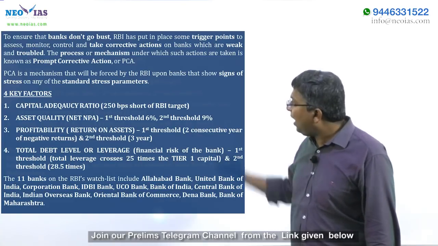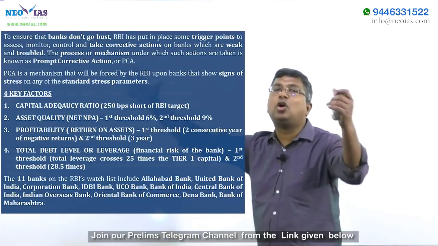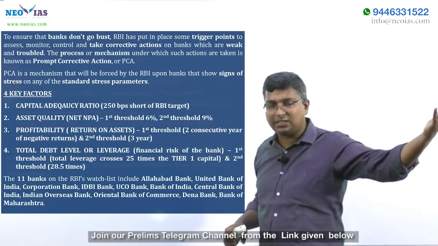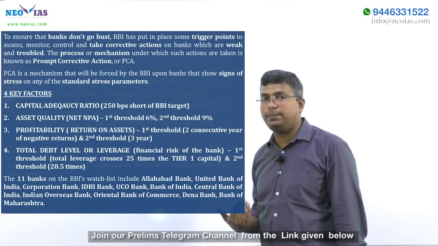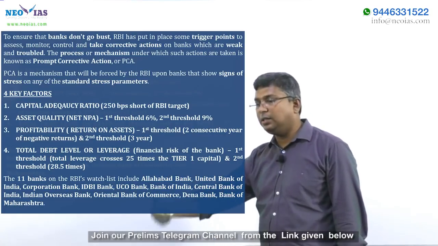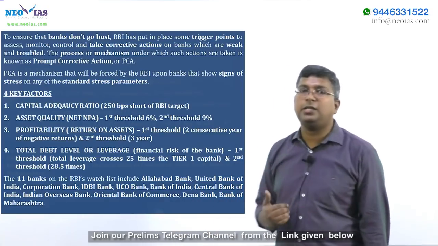It is normally set by the Bank for International Settlements, located in Basel, Switzerland. Under the Basel III norms, which are presently being implemented and have to be completed by 31st March 2019,